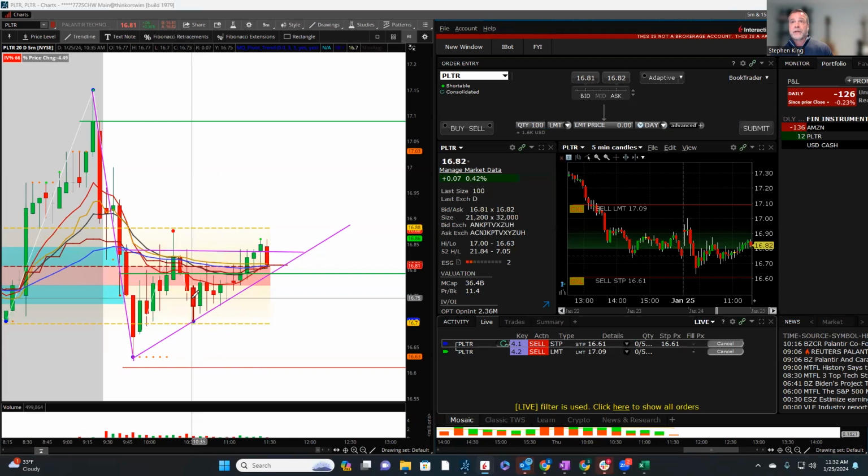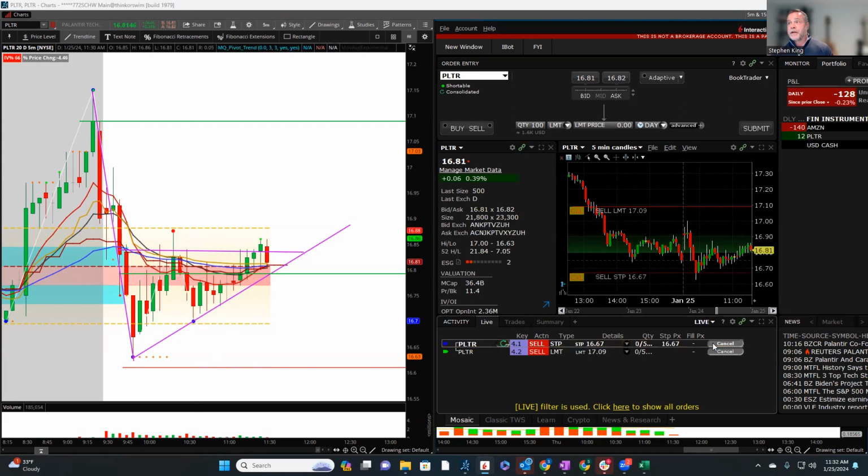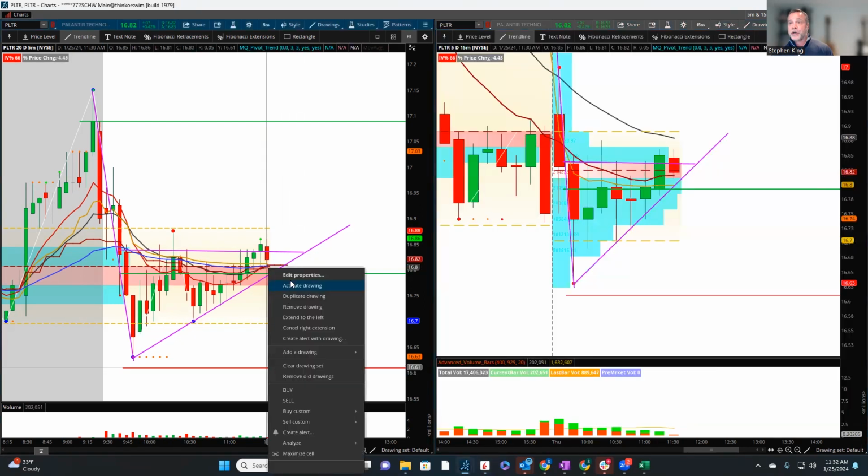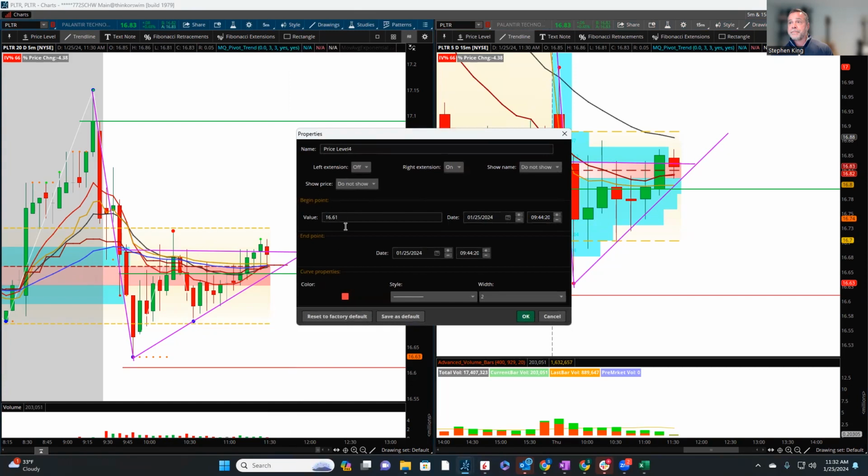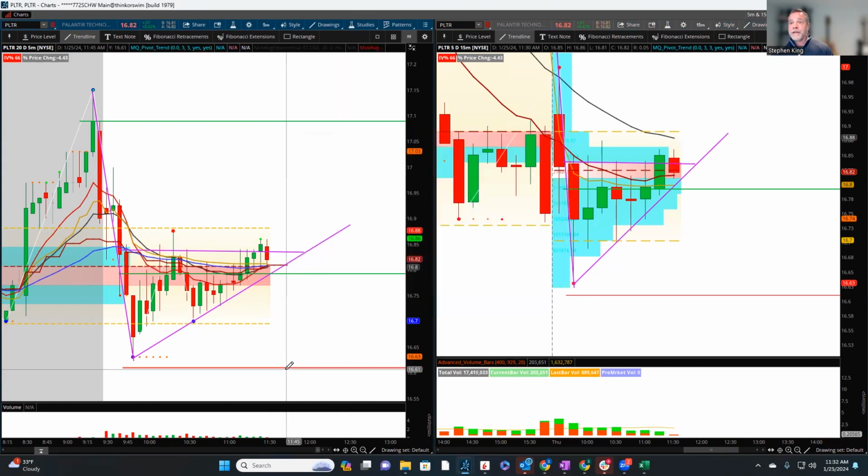So low of that candle, 1670. I'm going to go 3 pennies underneath it. I'm going to update this, and now my new stop is 1667. I can go in here to the chart and edit my stop, or if you want, you can leave that there